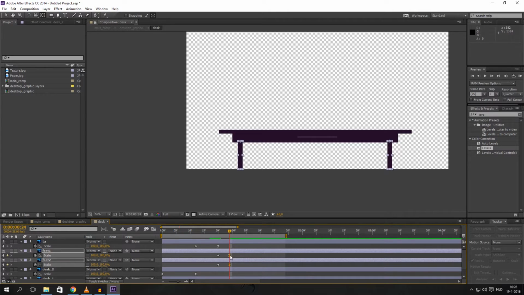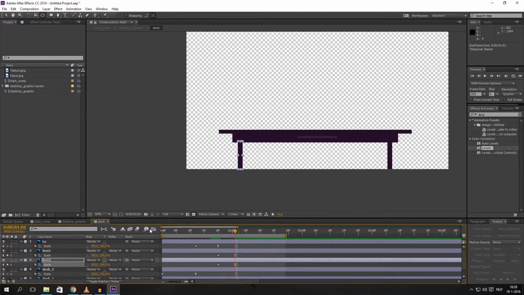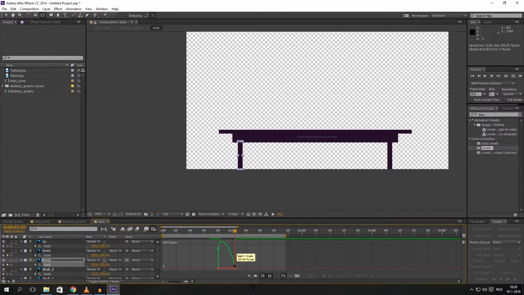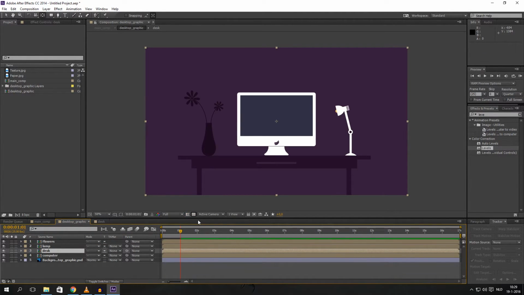Just move them a bit to the left, so I have some space. Oh, select the mode. Select one. Click on graph editor, move the yellow. Got that one. Yes, there we go. And do the same to this one. So there we go. So it's going from very fast to very slow. So there we go. There's our first animation for the graphic,